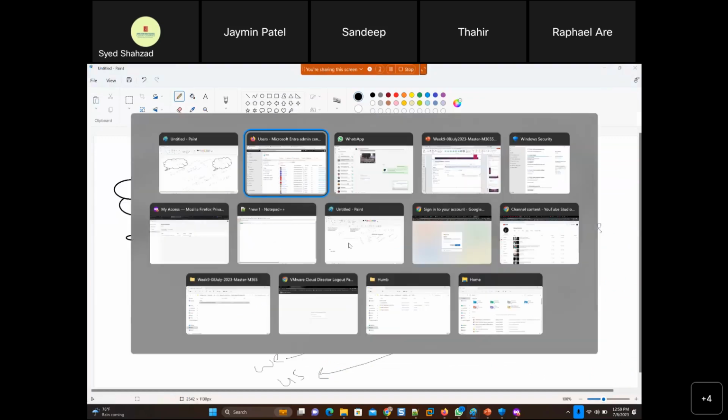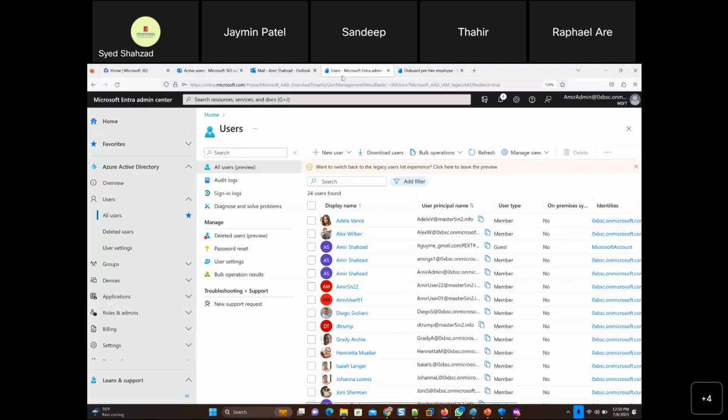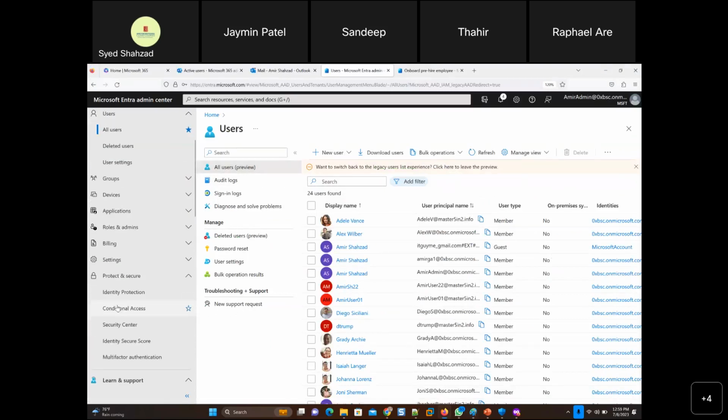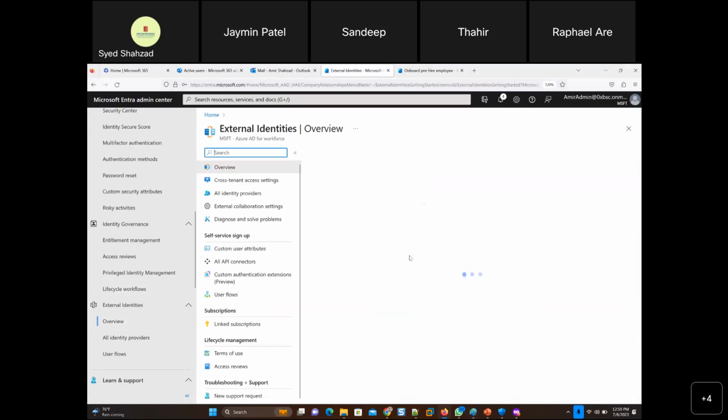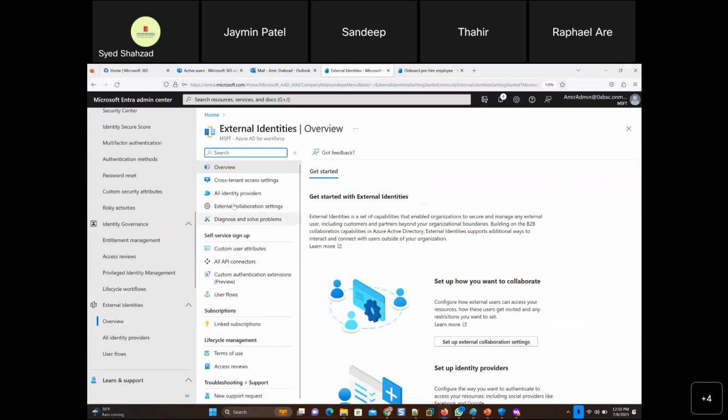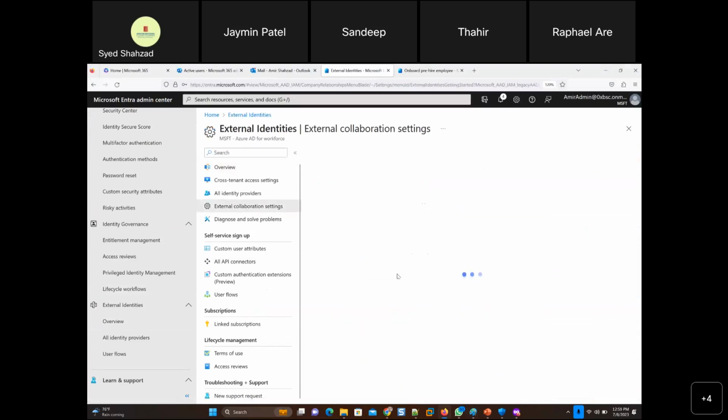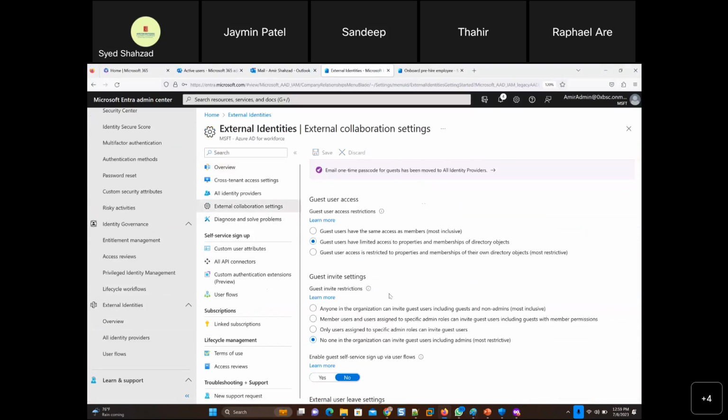So if I go back here and check this out, I am here in external identities, external overview, and then I click this, and that took us to this external permission, right? So if I click this, it's external permission. It says that, hey, you want to invite other users to your environment? Go ahead and just invite them as guest users.